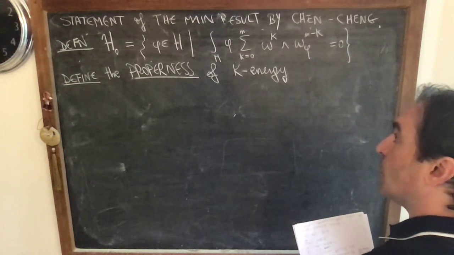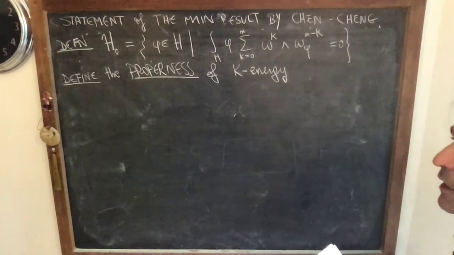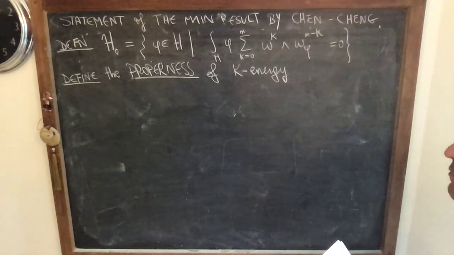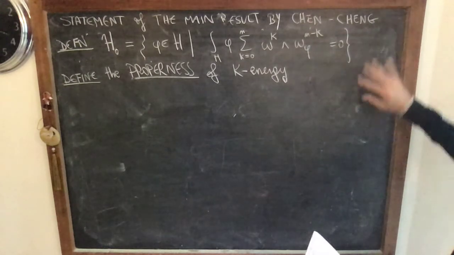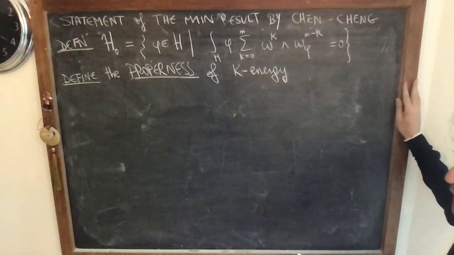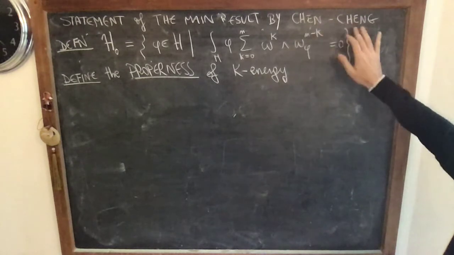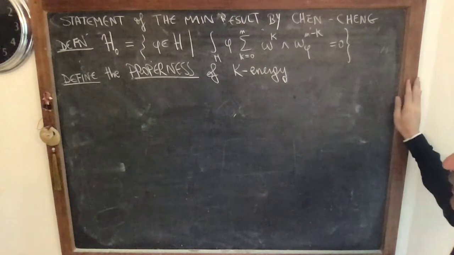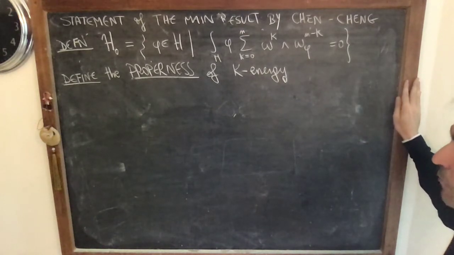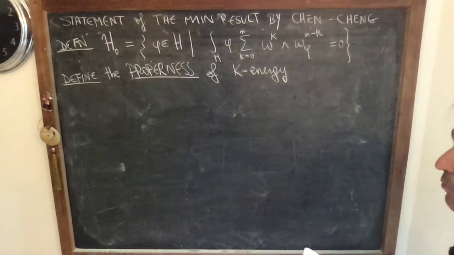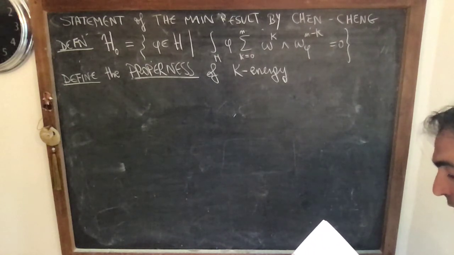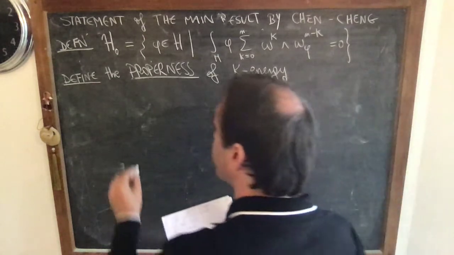The properness of the K energy can be defined for a general automorphism group, and this is done by Chen and Cheng. It is defined by Berman, Darvas, and Lu, and the result by Chen and Cheng also considers that definition of properness, but to consider a simpler case at the beginning, we suppose